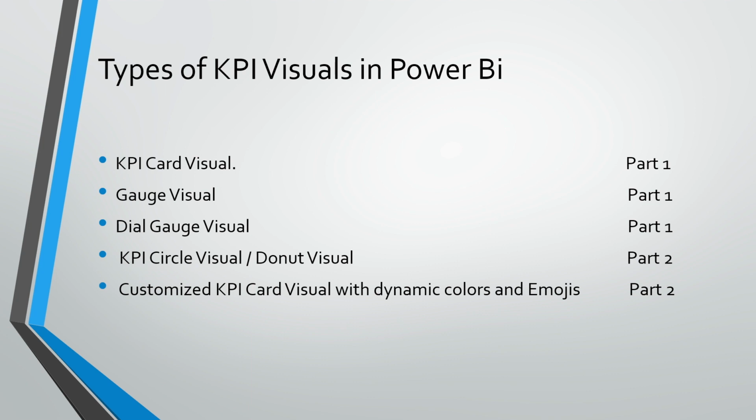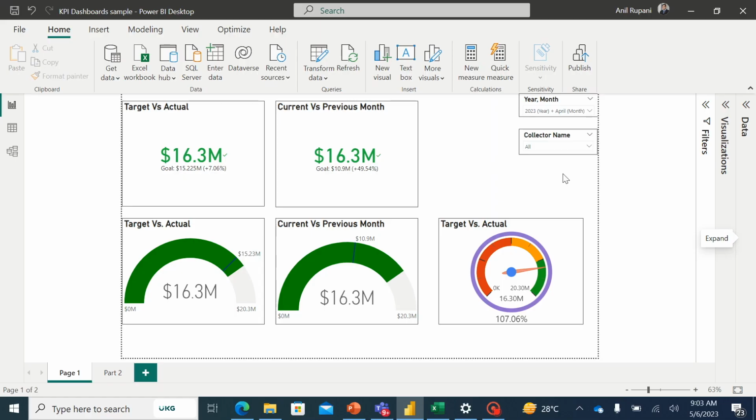Let's see the sample of these visuals in Power BI itself. On the screen, you can see various KPI visuals available in Power BI. In the top row, we have these two KPI card visuals where you can see how much we are performing against the targets. So the amount 16.3 million is the actual amount collected against the goal of 15.22 million, which